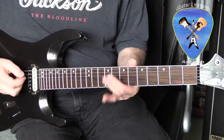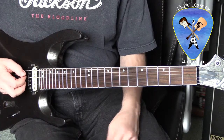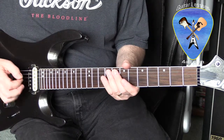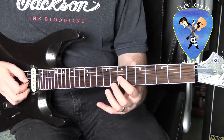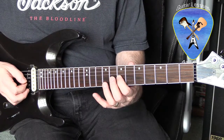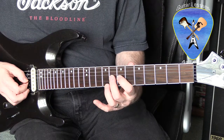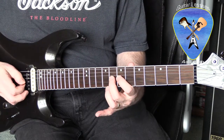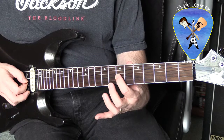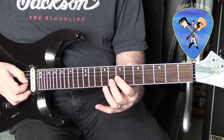So what you're going to do is two muted A's, palm muted twice. And you can do those with a downstroke. Then you're going to take your first finger, put it on the 7th fret of the G. Then you're going to strike that and hammer onto the 8th with your second finger. Then you're going to strike the 7th again. And you can do that all with downstrokes. So it's...